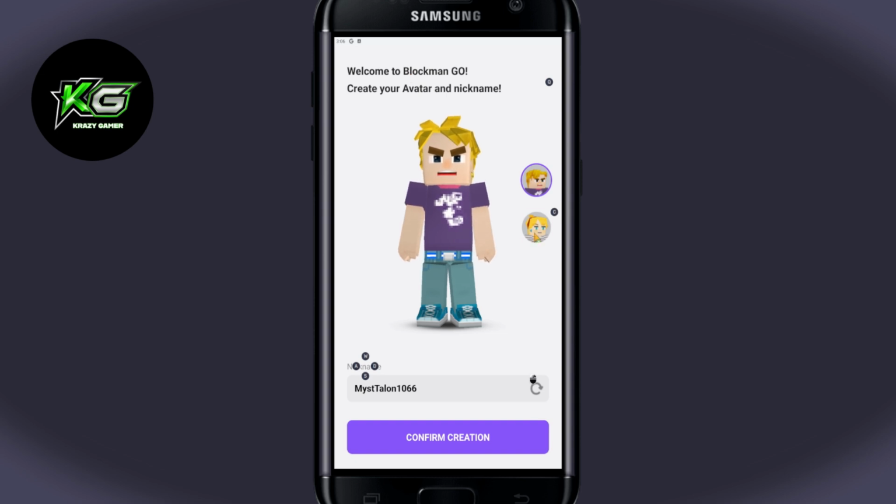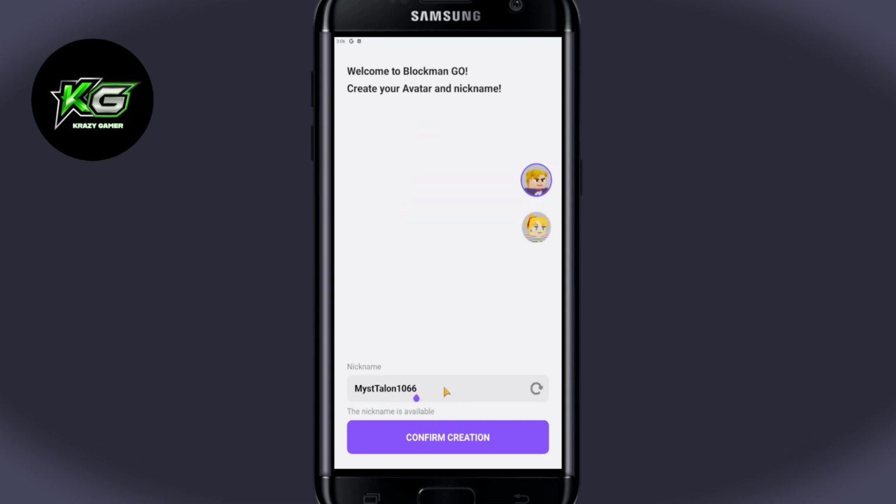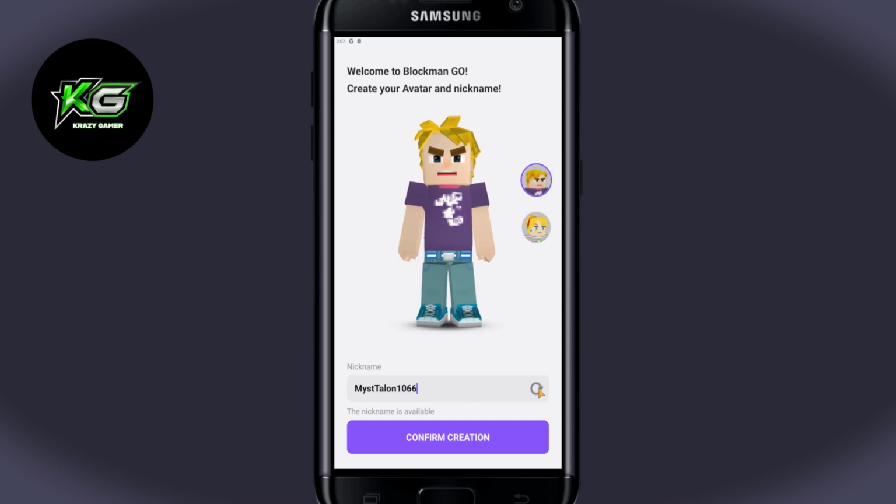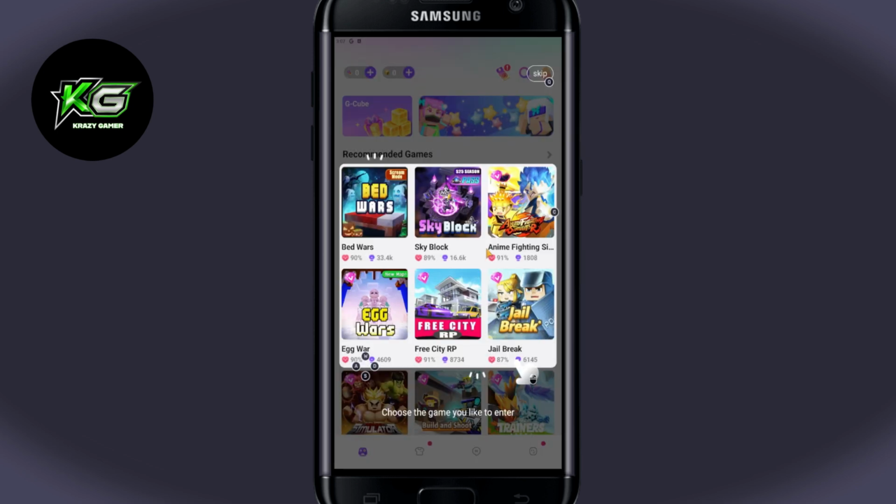You can choose from male or female and you may enter your desired nickname underneath within the nickname section. You can also tap on the randomize button to generate a random nickname. After editing your nickname and choosing your avatar, tap on the confirm creation button and now you will be shown